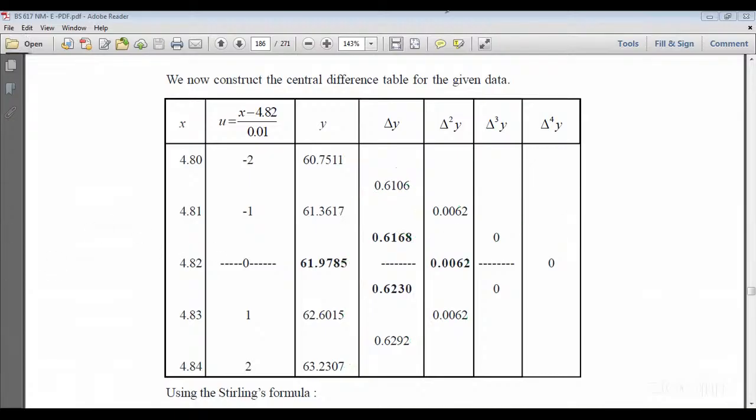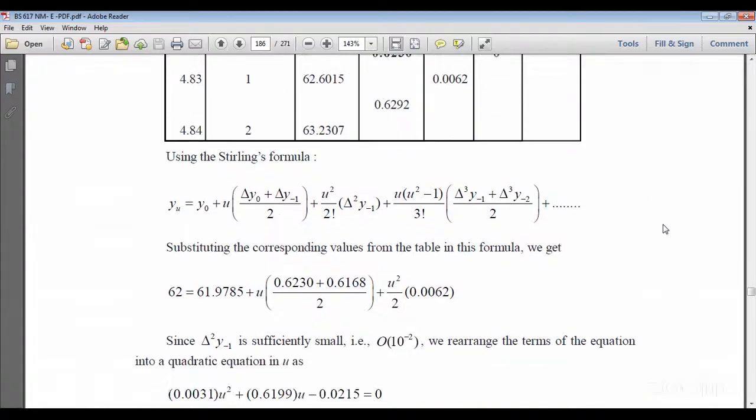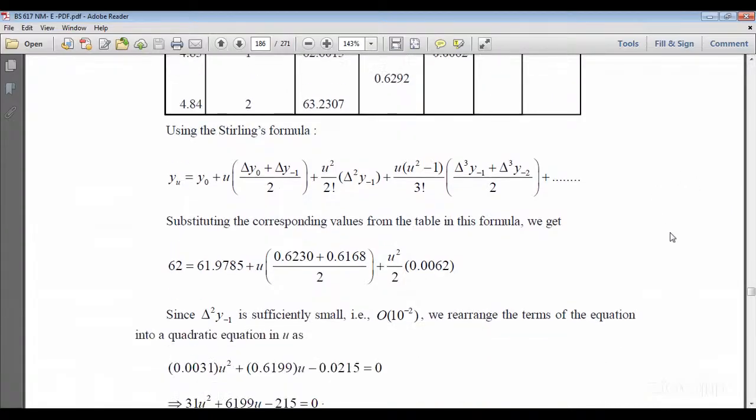This difference table we have framed here, as per the formula, using the Stirling formula: y is equal to y naught plus u into (delta y naught plus delta y minus 1) by 2, plus u square by 2 factorial delta square y minus 1, plus u into (u square minus 1) by 3 factorial into (delta cube y minus 1 plus delta cube y minus 2) by 2. Substituting the corresponding values from the table in this formula, 61.9785 plus u into (0.6230 plus 0.6168) by 2 plus u square by 2 into 0.0062. So therefore here,